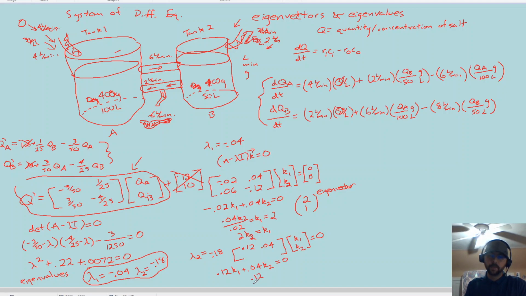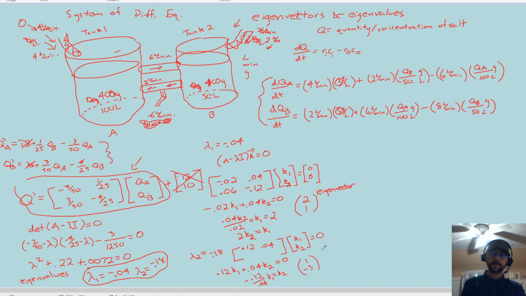So I have 0.12 divided by 0.04, which should be 3. And this is times K1 equals K2, except this was supposed to be negative because I moved it over and then divided. So this should be negative 3. So when K1 equals 1, K2 equals negative 3, so long as I didn't mess that up,